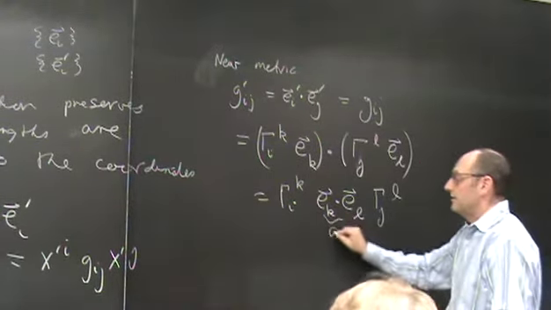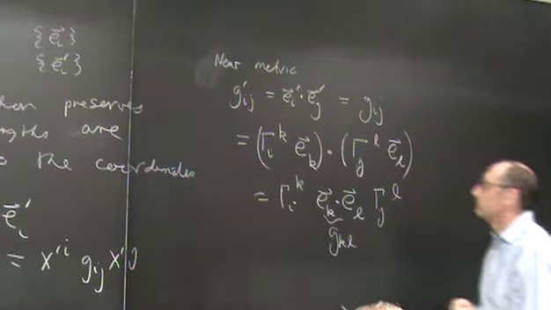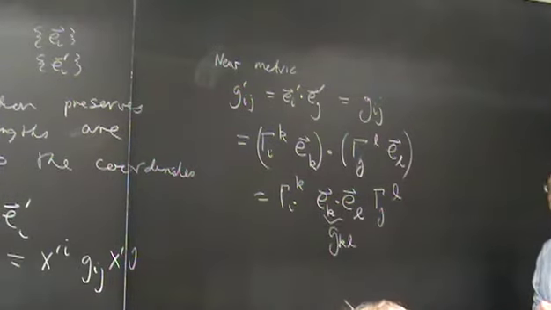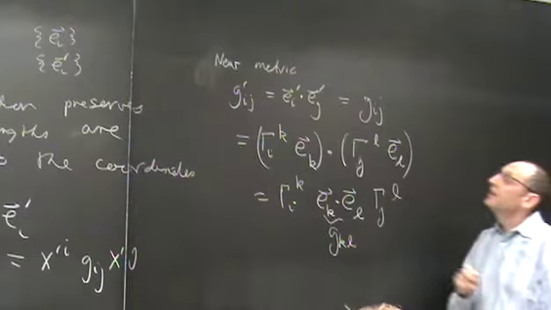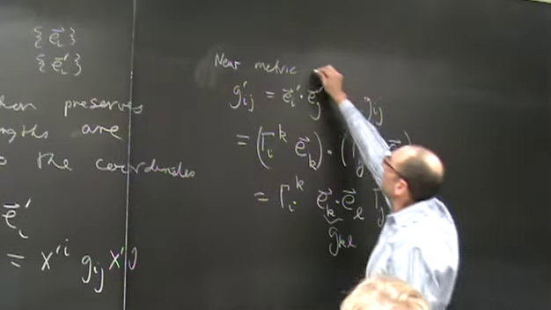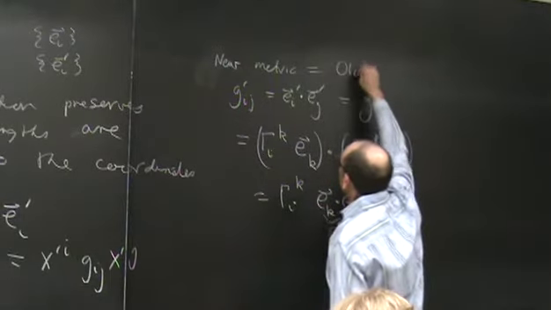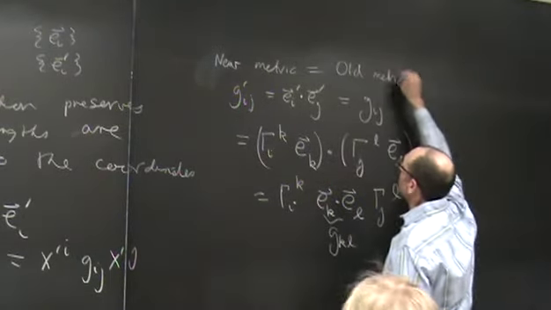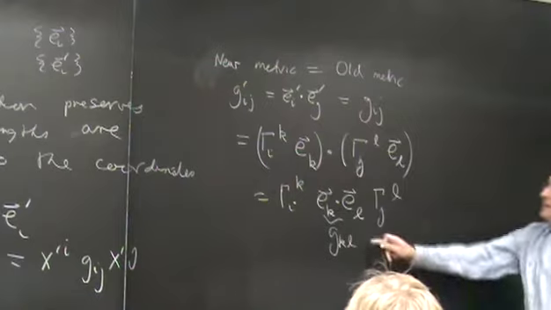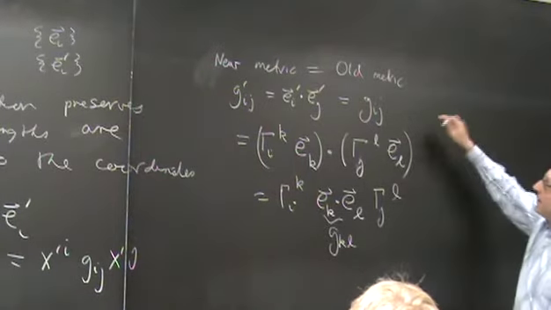And this is gkl. So the condition that the new metric is the same as the old metric, that the metric is preserved, is the condition that, written as